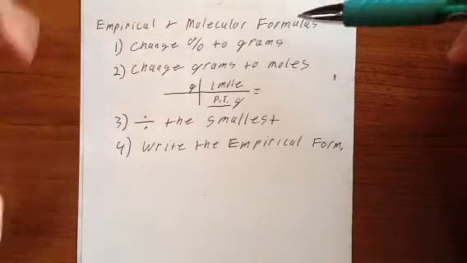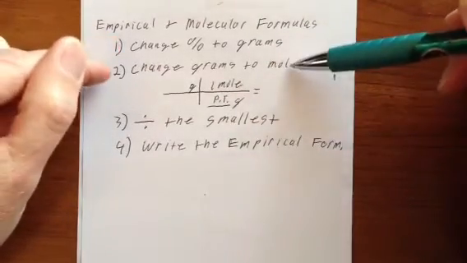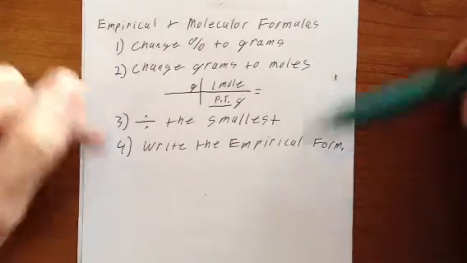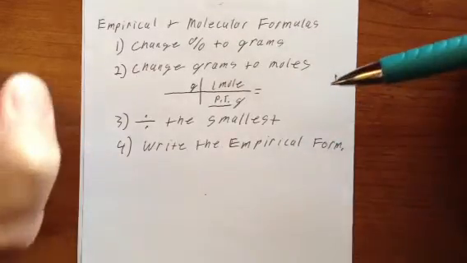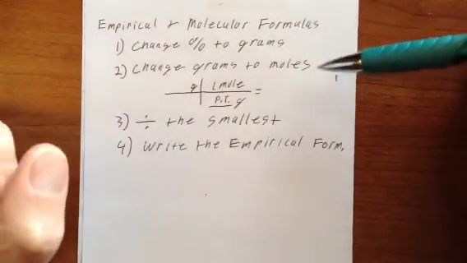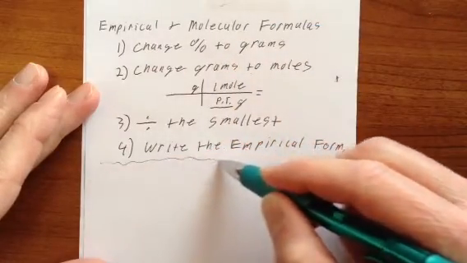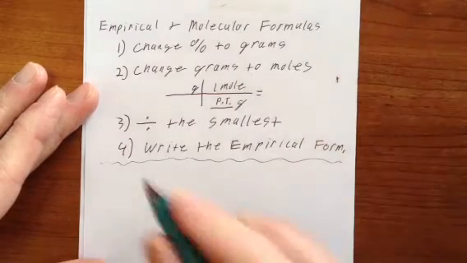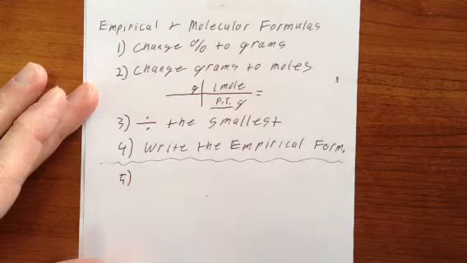as we do these problems, we can either start you with percents, then you'll be working the whole thing. We could start you with grams, and then you just start here, and you work the whole thing. Or we could even start you with the empirical formula, and then you would work your way down. So these are the steps for calculating the molecular formula now. So I'm just going to put a little line there to let us know that we are now moving into the molecular formula. So step 5 is going to be to take the